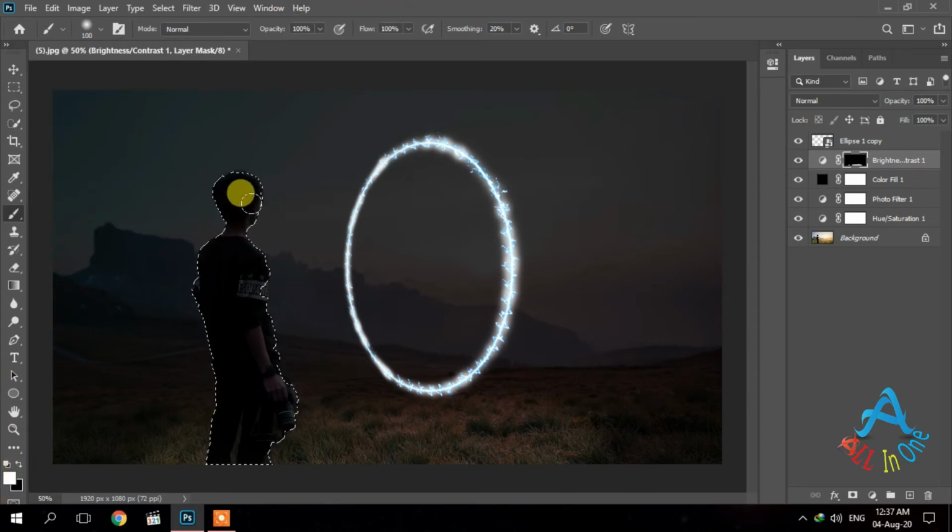Brush on the edges of the selection to add light on the person. Only brush the area on the person you want to add light.